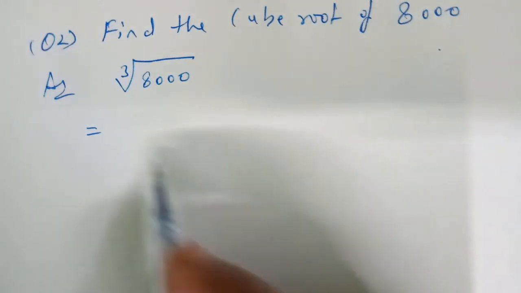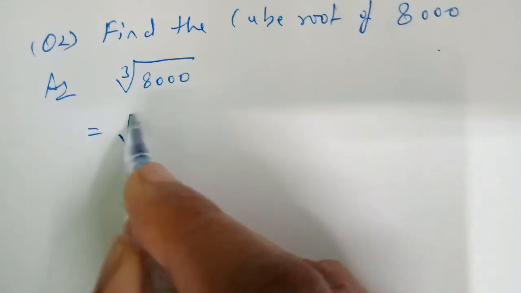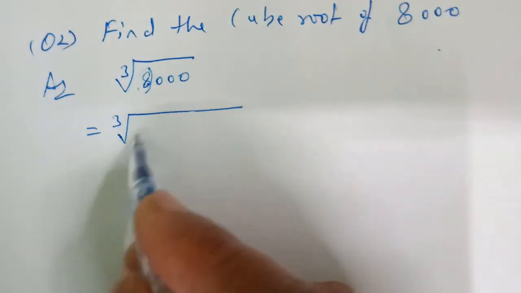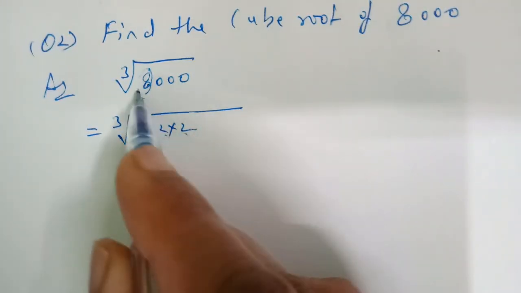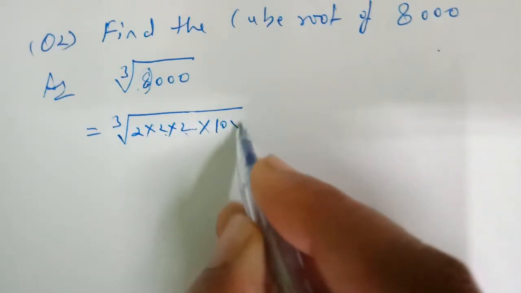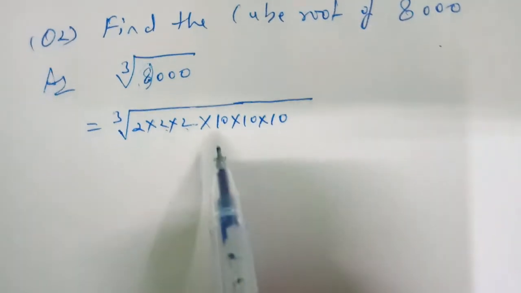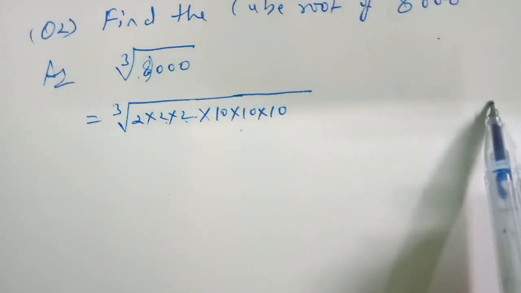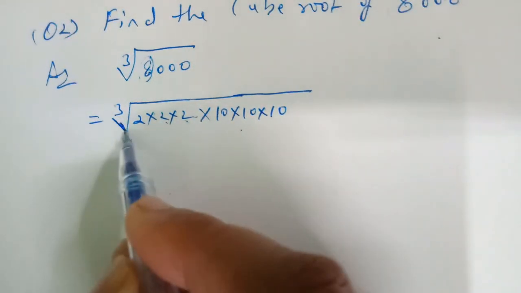Now, it is not necessary that you always have to find the factors. You can calculate it directly. We can write it as 8. 8, you all know, is 2 into 2 into 2. And we have 3 zeros. 3 zeros means we can write them as 10 into 10 into 10. Directly you can find it, and if you are not able to find it directly, then you can take the prime factors also, but it is time consuming, so better try to identify.